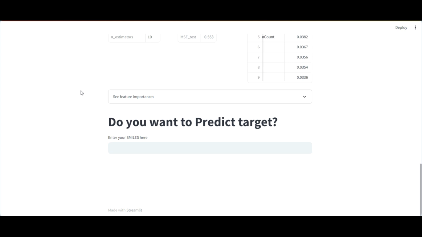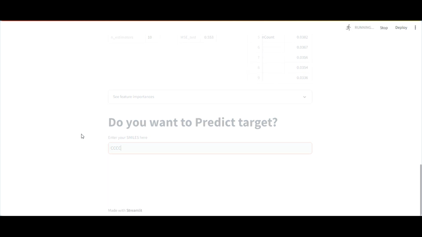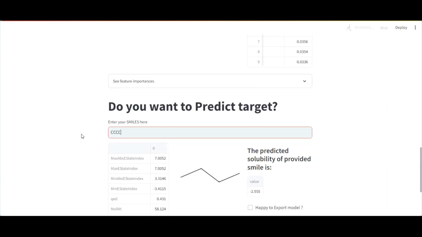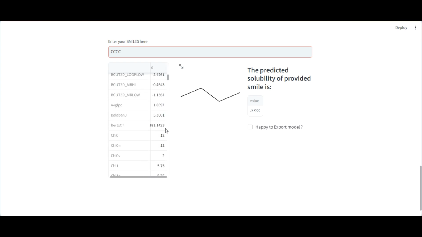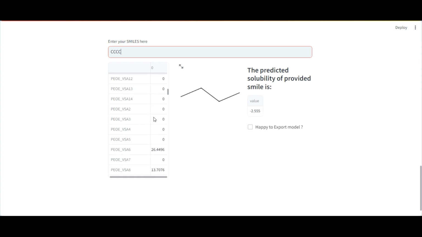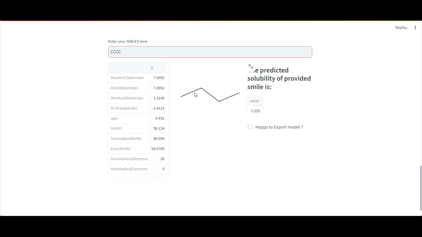Okay, here is the final part. Now you want to predict the solubility of your data. You can put the SMILES here. Let's say if I want to predict the solubility of butane, then I will enter the SMILES here and press enter. The app will rerun and give me three things. First is the descriptors, 2000 descriptors that RDKit can give of the butane, and here is the structure and the solubility prediction. The predicted solubility of the provided SMILES is minus 2.55,